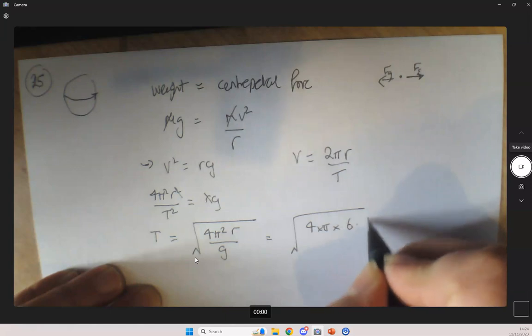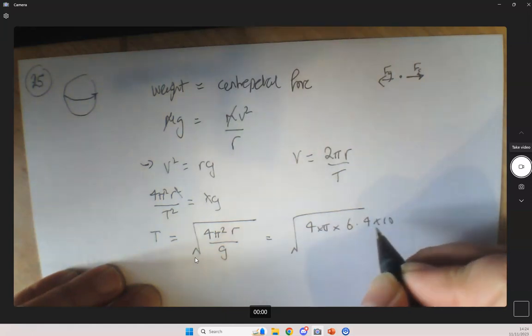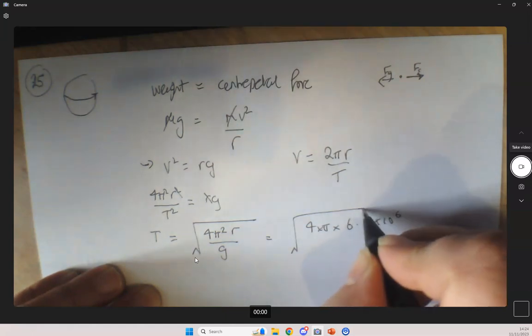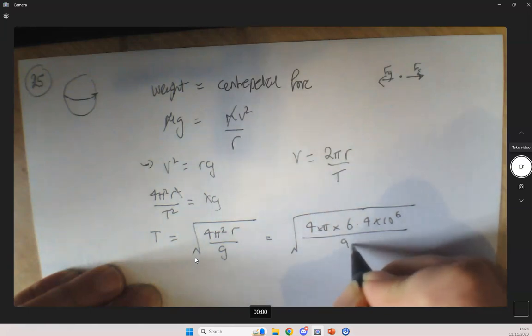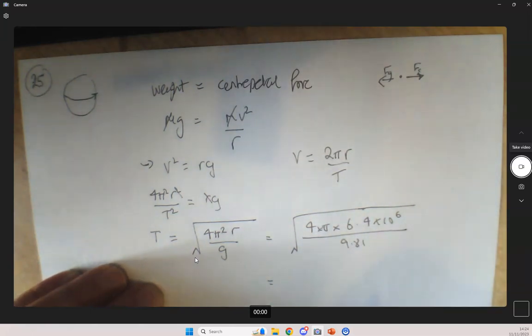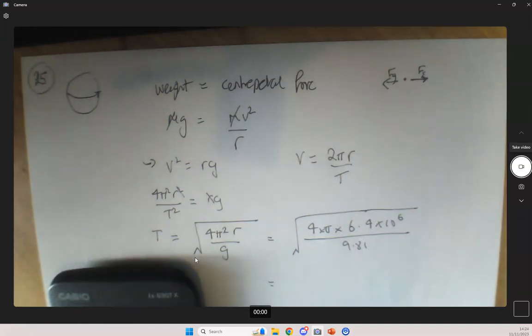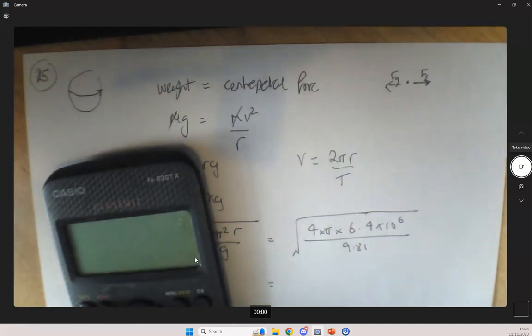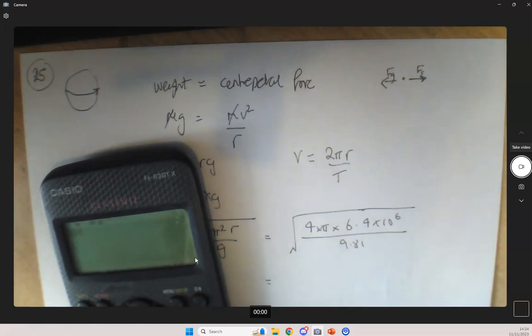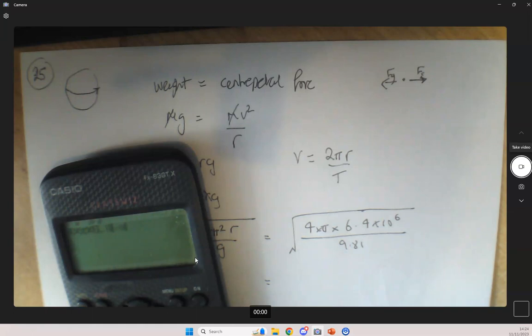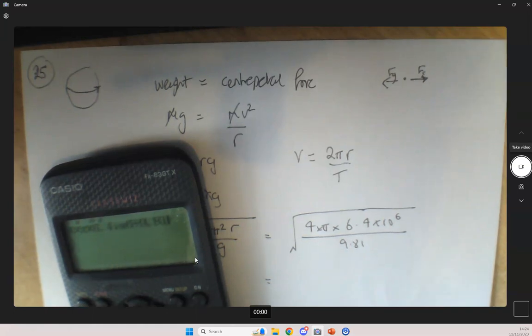They give us 6.4 times 10 to the 6 meters, divided by 9.81 meters per second squared. Plug that into my calculator, and the square root of that answer gives me